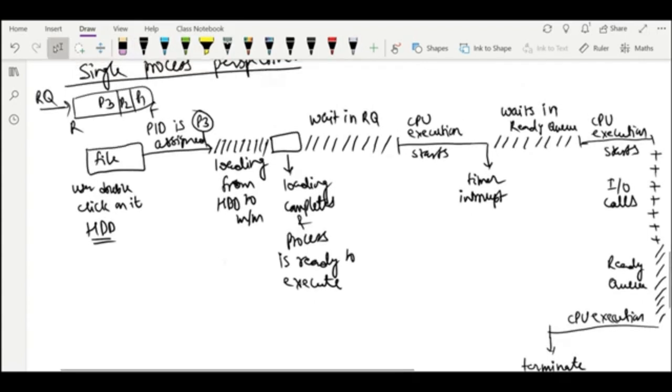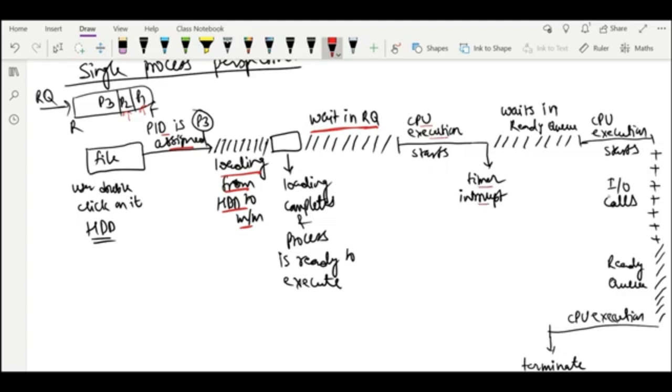So if you see here, a process goes through various states. So what are the states here? First of all, it will start loading from the hard disk, and before loading the PID is assigned, and after it gets loaded, it will wait in the ready queue. It will not be assigned to the CPU directly, because there may be some more processes already waiting. It will go back in the ready queue and wait there for its turn. When the turn comes, the process scheduler will decide which process to pick next out of this ready queue. The CPU will be assigned to this and it will start executing.